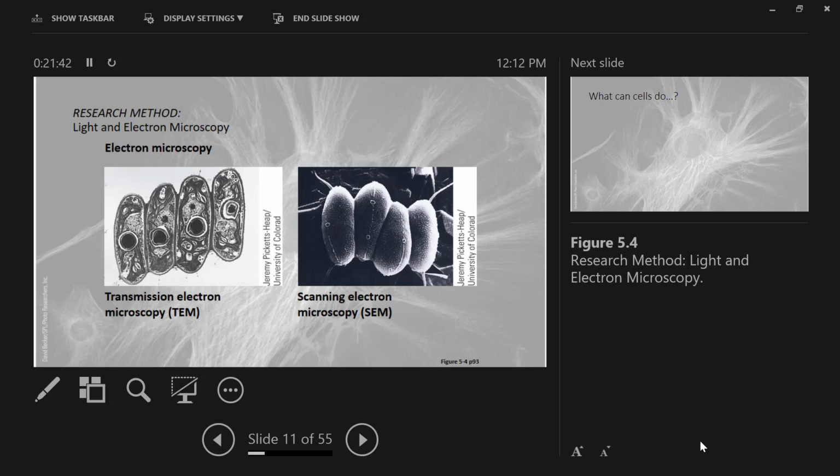If you know that you can only look at these things after they're dead, what question might you ask? How do they work? Right, how do these structures work? Because things don't work after they're dead, right? When a cell dies, it reaches equilibrium. All chemical reactions stop, at least within that cell. And so structures aren't really working anymore. So then you have to kind of infer how they work based on where they're located. Or you can do some other things which we'll talk about at a later date.